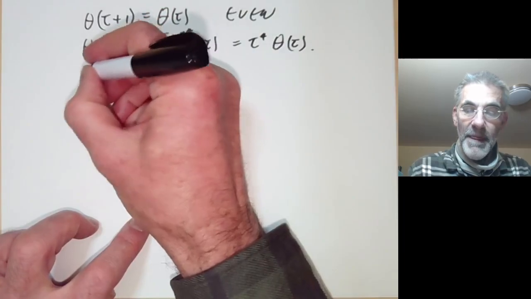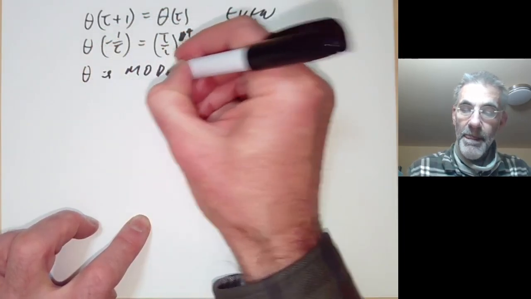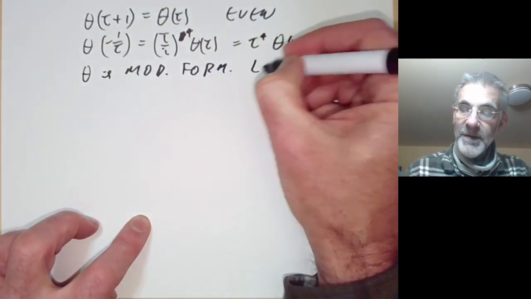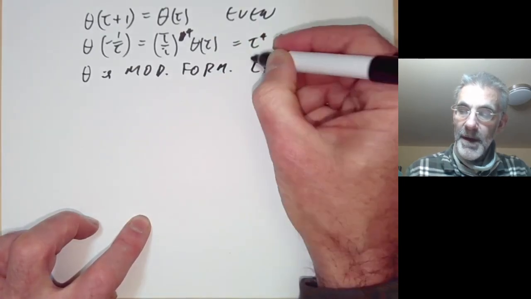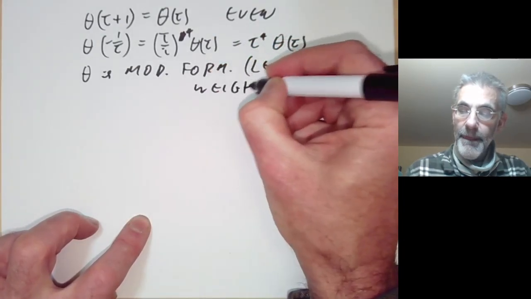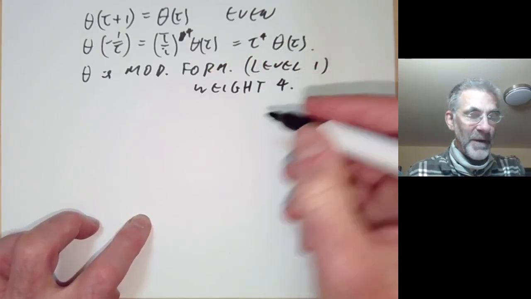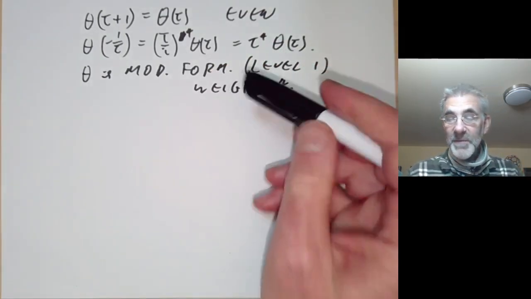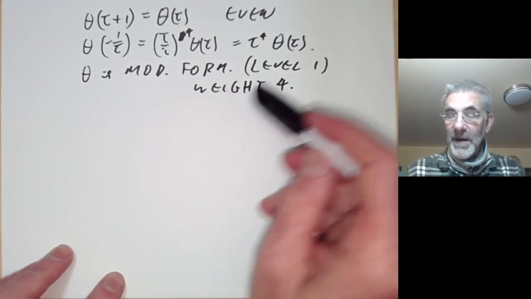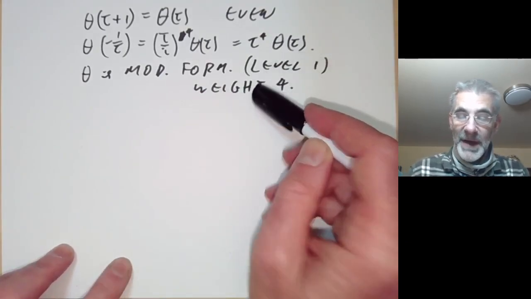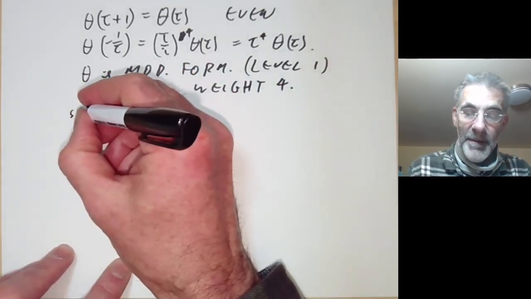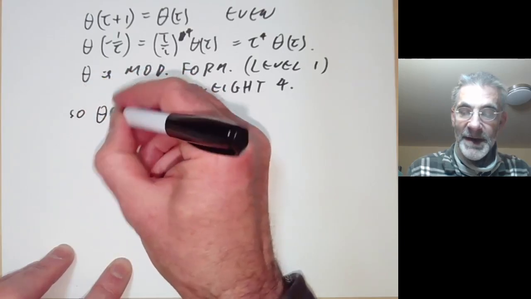So theta is a modular form of level 1 and weight 4 for SL2 of Z. Well, the space of modular forms of level 1 and weight 4 is just one-dimensional. So the theta function of the E8 lattice is just